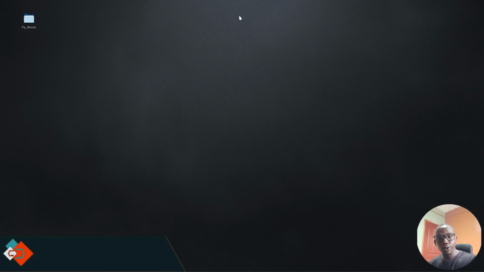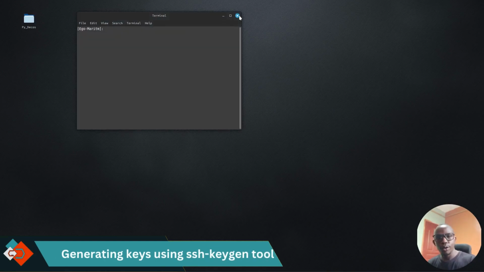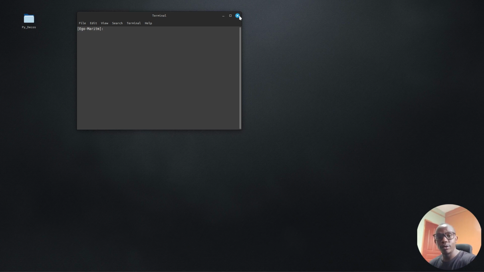Now to do that, we are going to open a new terminal. If you're on Windows, I would suggest that you use PowerShell. And then in our terminal, we're going to type in the SSH Keygen command. So we'll say SSH Keygen. And then for the type, I'm going to be using ECDSA for this one, but the same applies for the rest of the algorithms, that is RSA, DSA, EC25519. Okay, so I will say ECDSA,